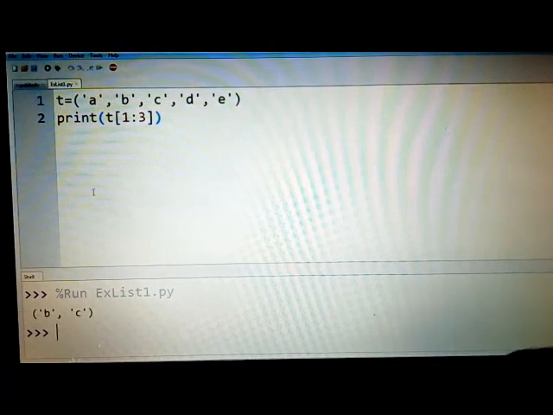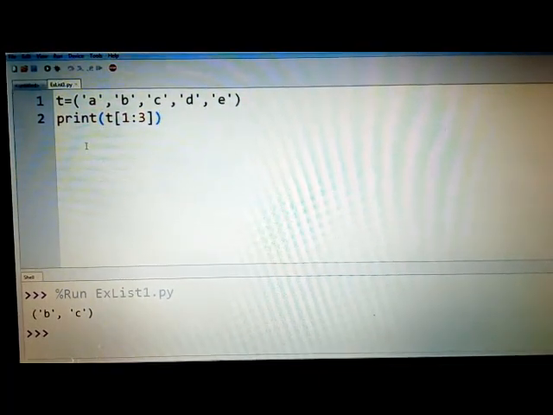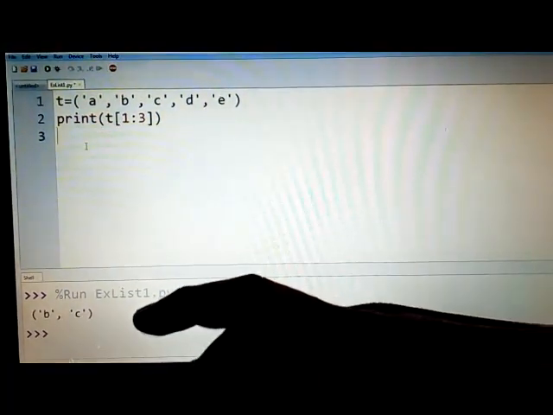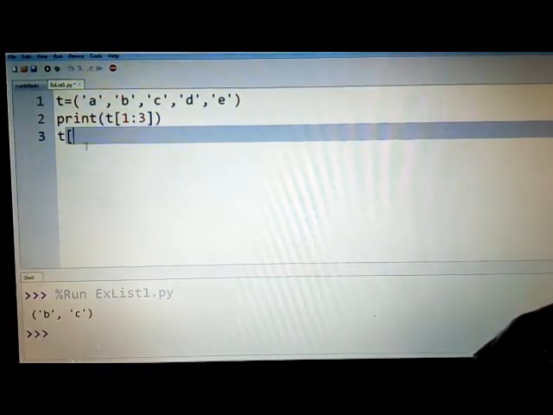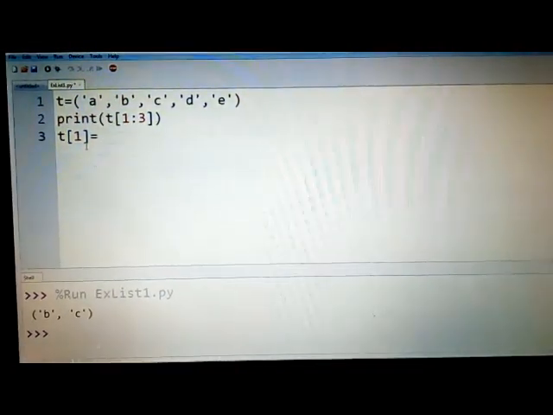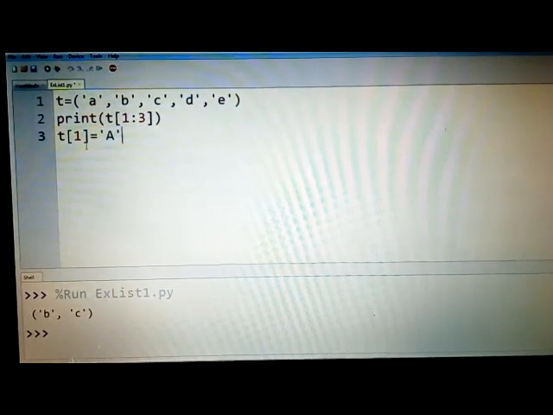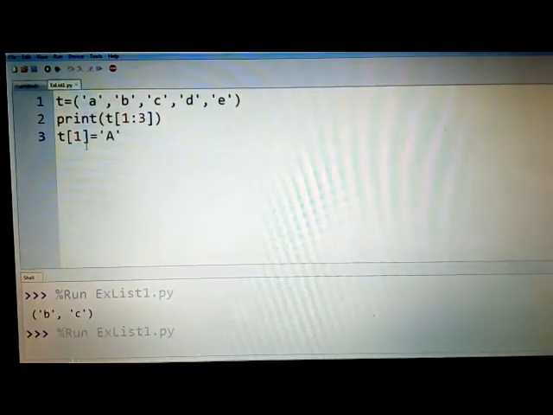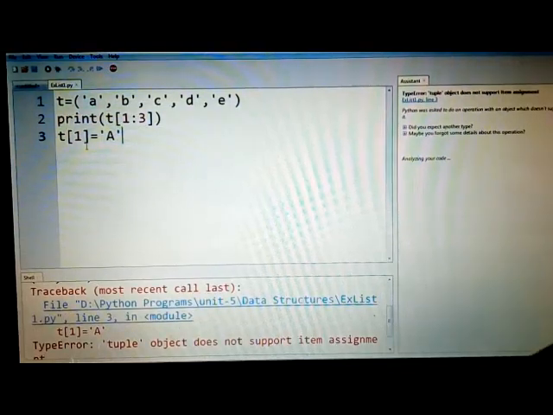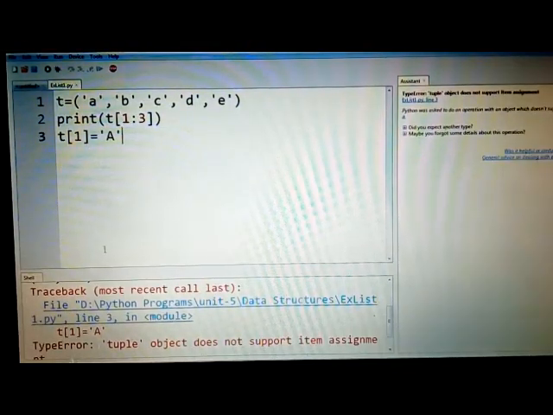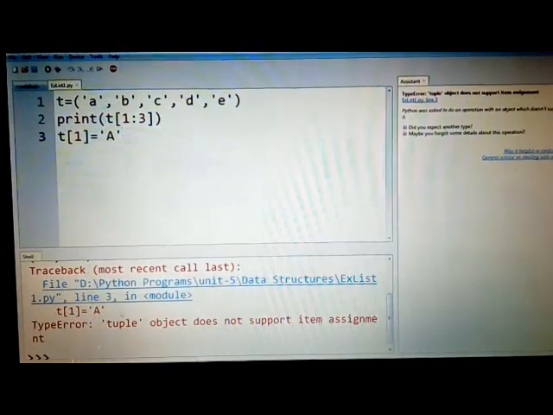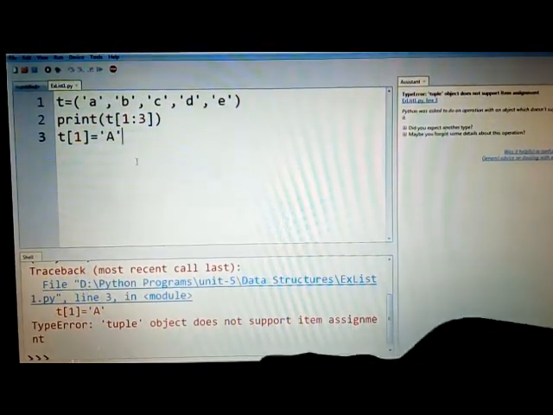Apart from this, we'll also see what would happen if I say t of 1 equals some other character, let us say a, that is, I am trying to modify the tuple here. In that case, I would get an error, tuple object does not support item assignment. So you can see here, this is the meaning of the tuple assignment.